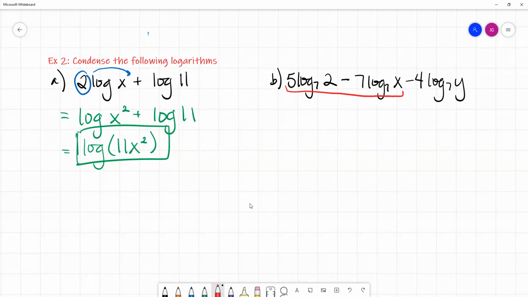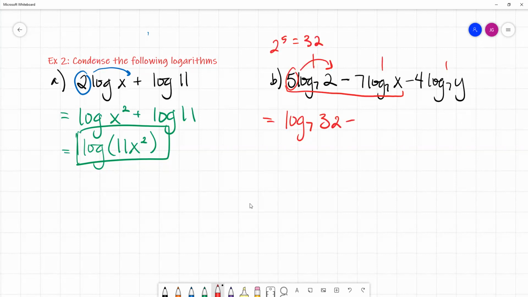And then even before we can just work with these two, notice that all three of these have a coefficient in front. They have a number in front of the log. So I can use that power property. So let's start there first, actually. I can take this 5, make it the exponent on 2, log base 7 of 2 to the 5th power. But we know what 2 to the 5th power is. That is just 32. So I'm going to write this as 32